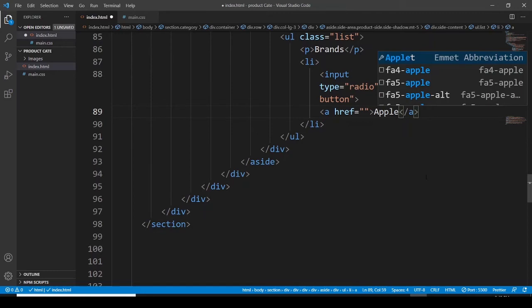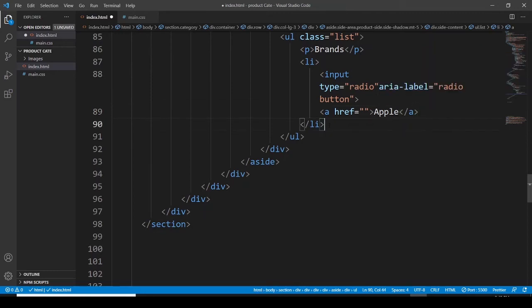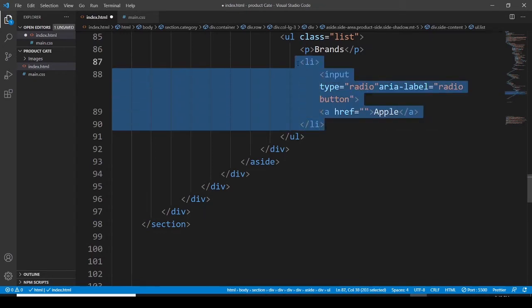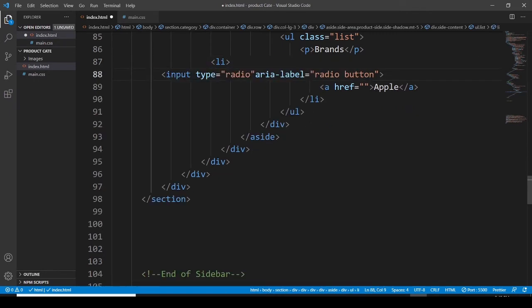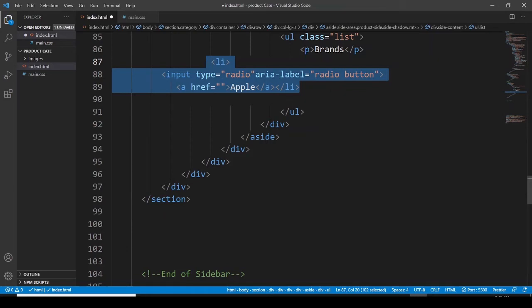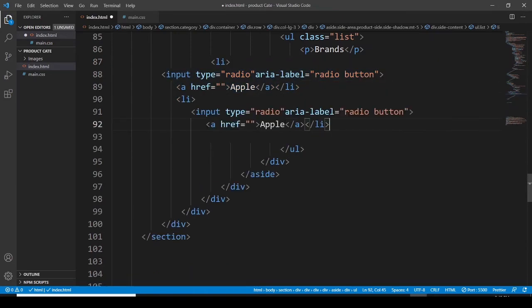Then I would like to go with another list item. So for this I just want to copy this one. Hold on, I just want to align it. It's not enough. Yep, should be here, and this should be here. And I would like to copy this, paste it here. In place of this Apple, let's use Rolex,